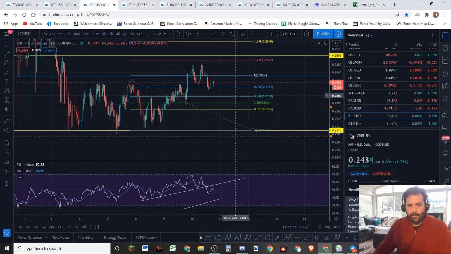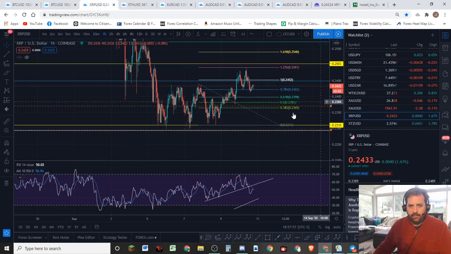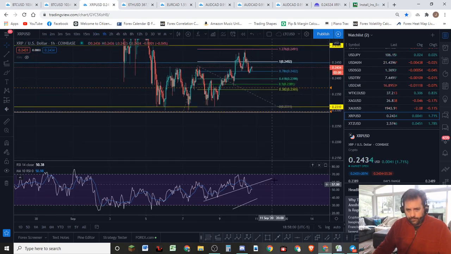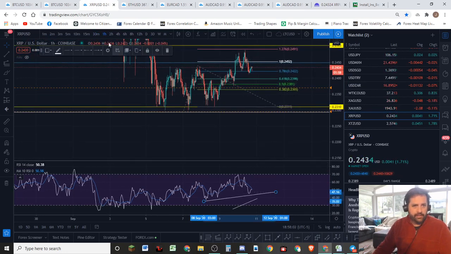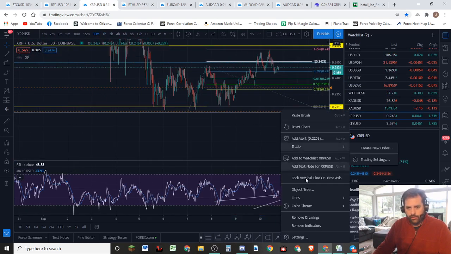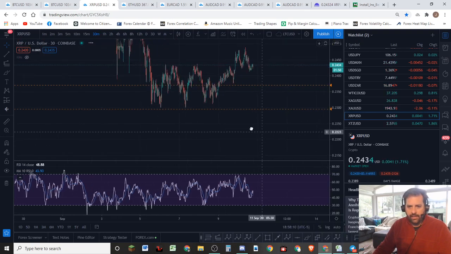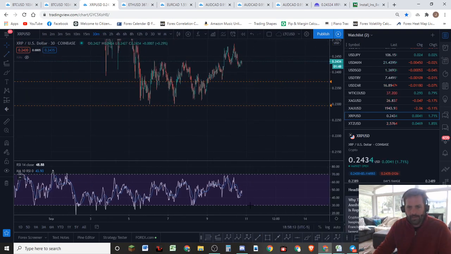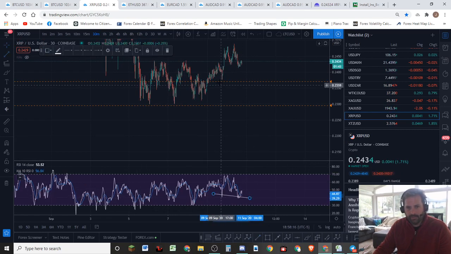Okay, XRP, same kind of thing. Let's see if we've got the same divergence here. Let's go to the 30-minute time frame. Remove my drawings here. Again, we're just looking at correlation now to see if there's anything about correlation helping us here. We got exaggerated bullish divergence, where the price is